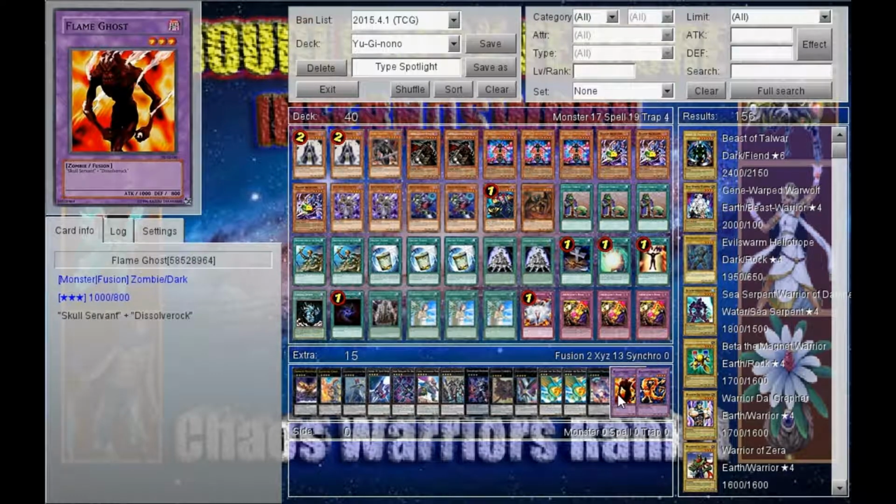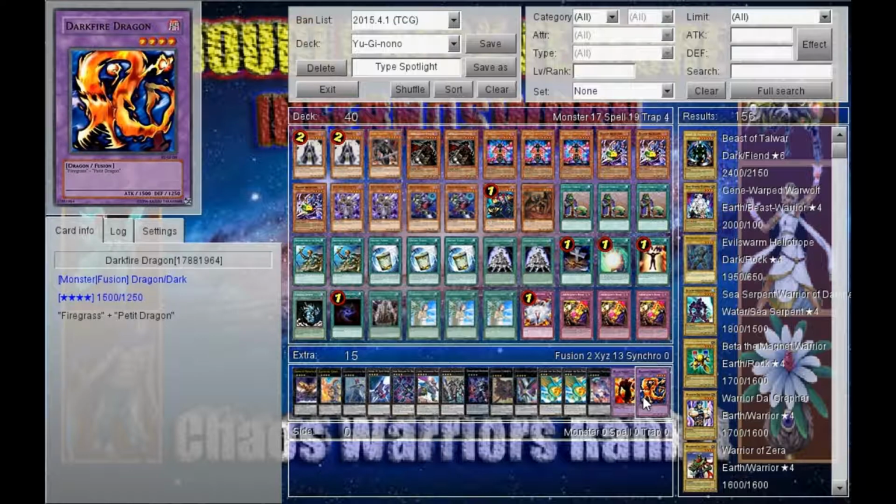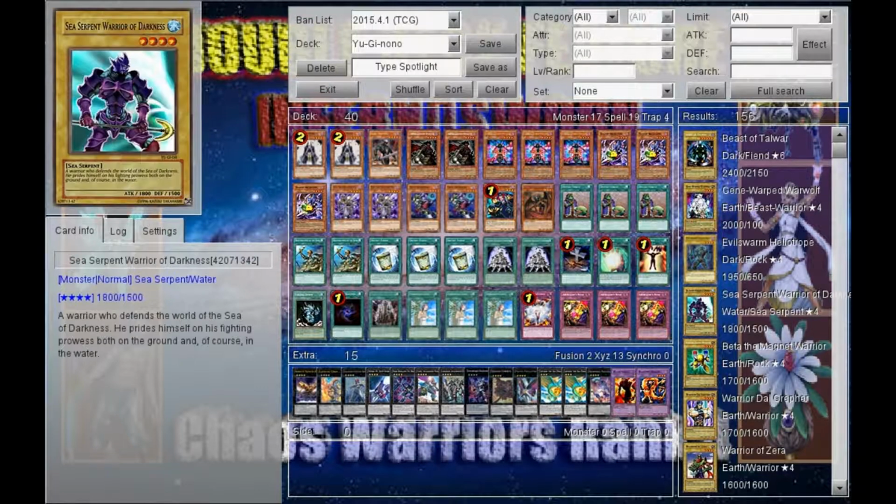And for the instant fusion materials, you have Flame Ghost and Dark Fire Dragon. Now, Yu-Gi Nono had a side deck, and this is the one thing that I actually found to be the most important, and that was